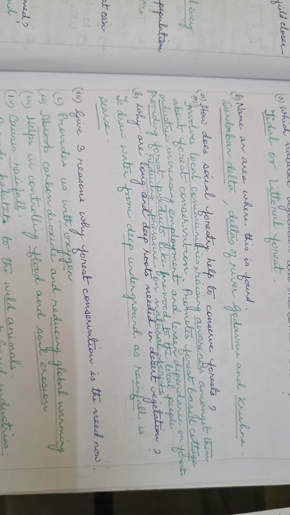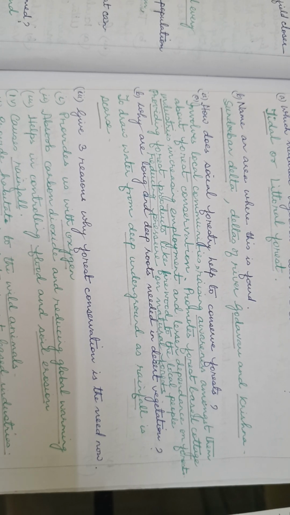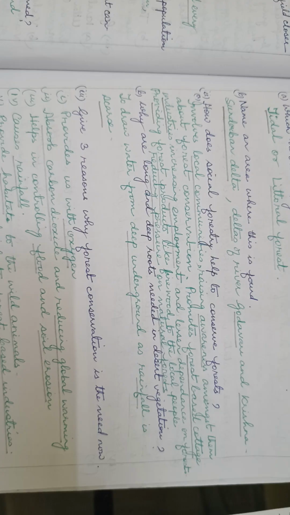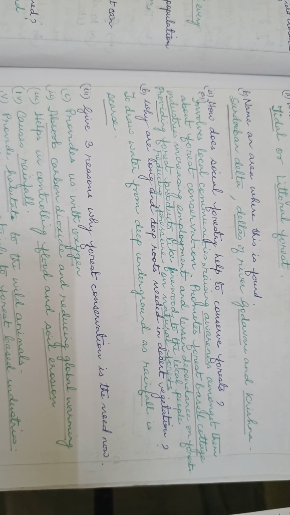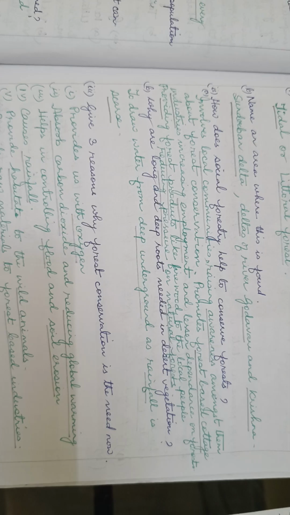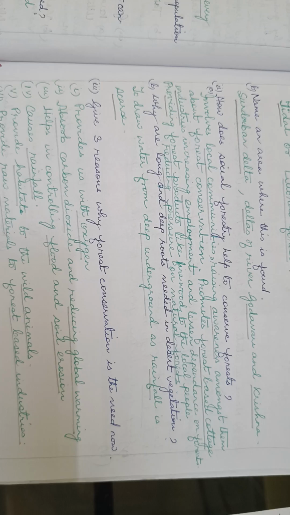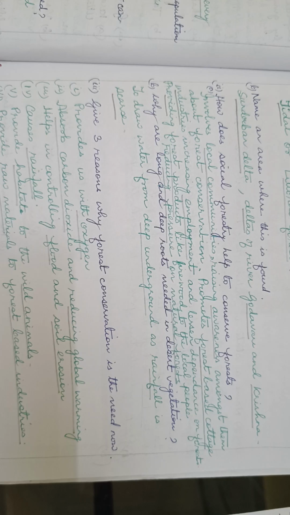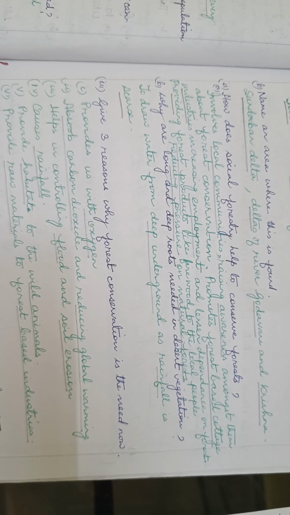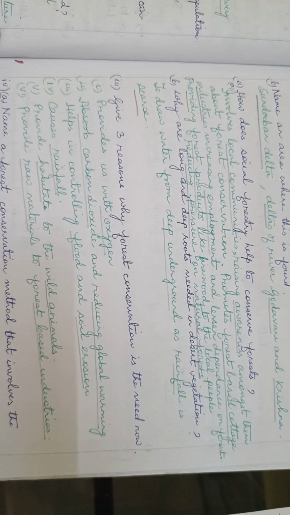Social forestry helps to conserve forest because it involves local communities, raising awareness amongst them about soil conservation. Another point is it promotes forest-based cottage industries, increasing employment and lessening the dependence on forests. Another point is providing forest products like firewood to the local people, reducing pressure on natural forests. Then question number B,